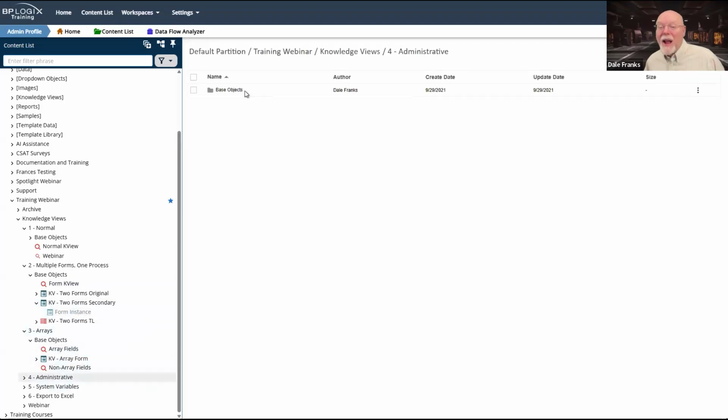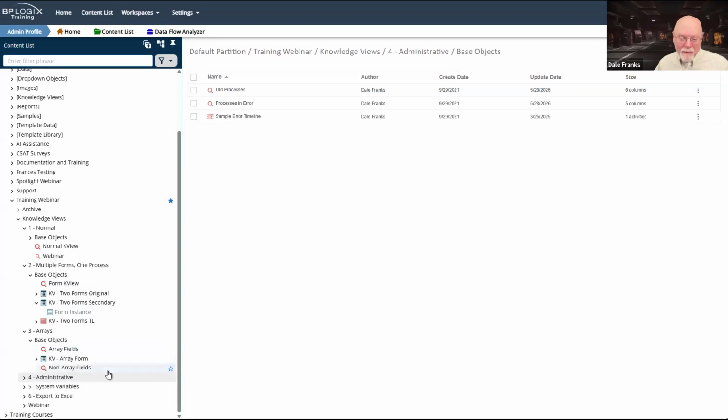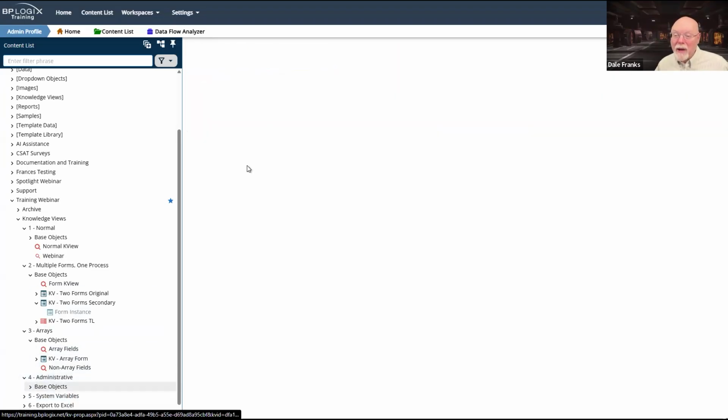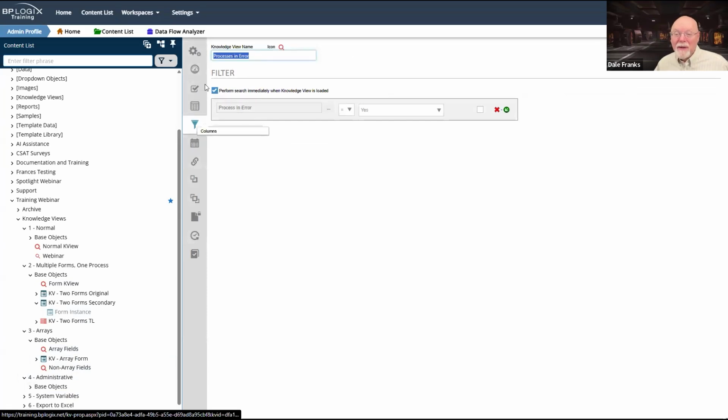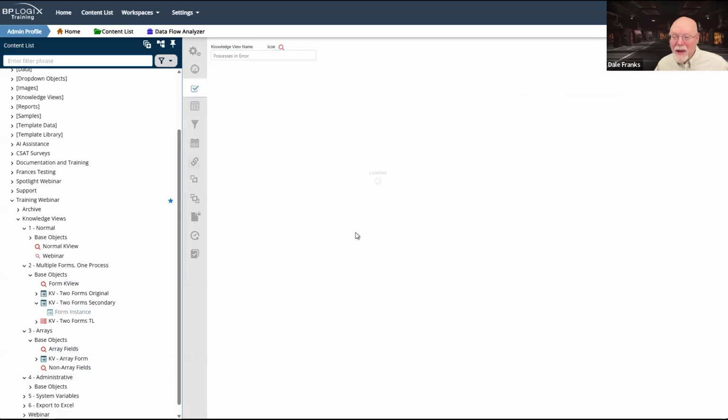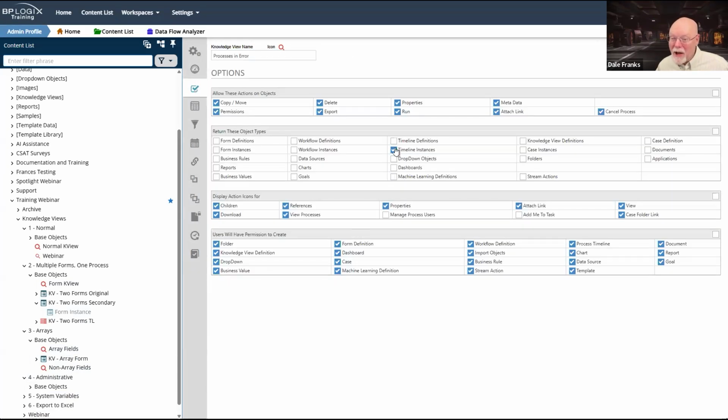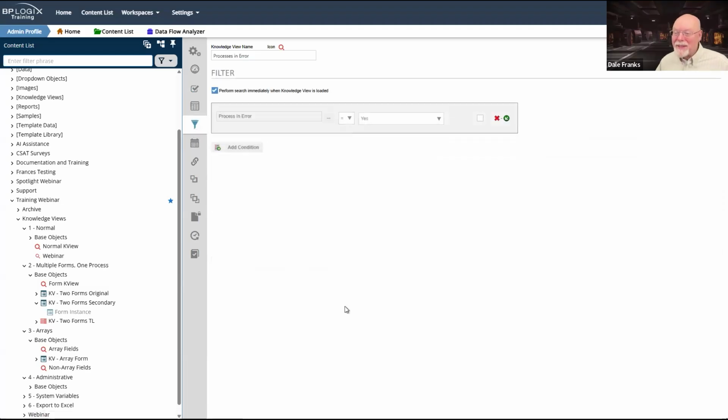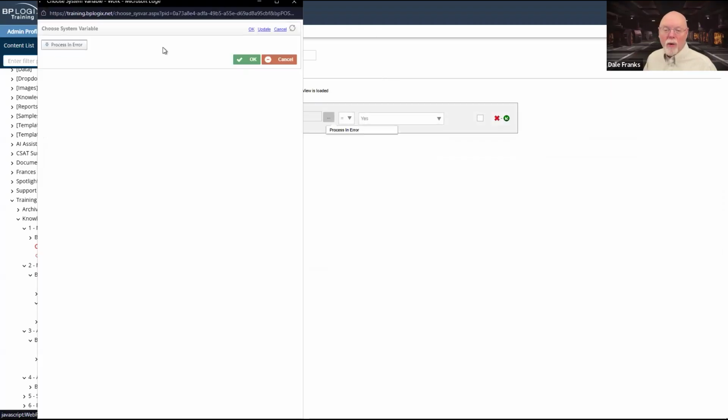So let's go back here to our system and look at processes in error. So once again, I'm still returning timeline instances, but in this case, my filter is processes in error equals yes.